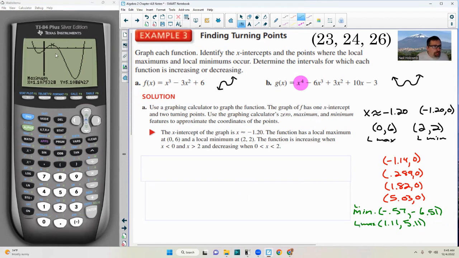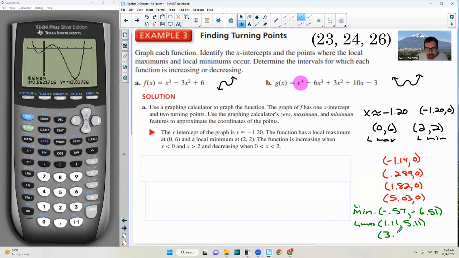And continue, and we have one more minimum. Remember, we have 4 zeros. We'll only have 3 max or mins. So now I'm going to hit second, calculate, and now I want a minimum again, which is 3. And I go over near that minimum. Very tedious, even with a calculator. So just think how bad it would be without. Hit enter, and now scroll to the right of that, hit enter twice, and my relative minimum, or local minimum is